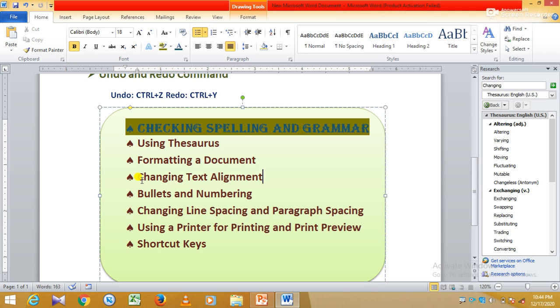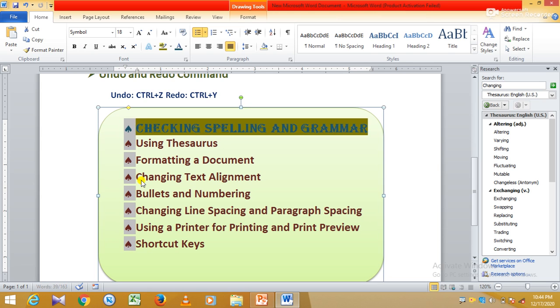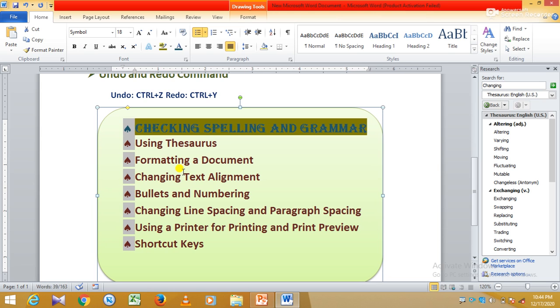And Control plus Left Arrow key jumps to the previous word. See here, my cursor is here. Press Control plus Left Arrow, it will jump to the previous word, word by word.